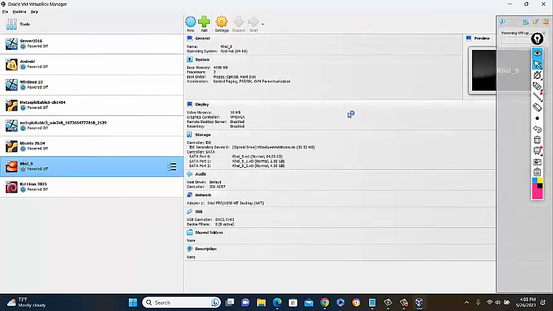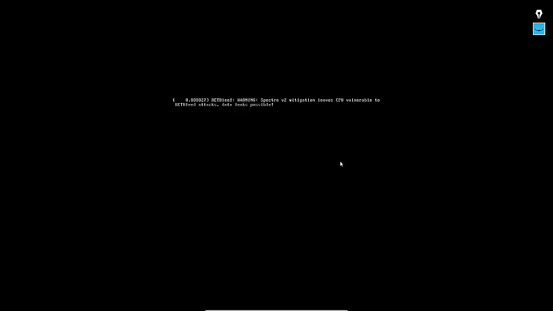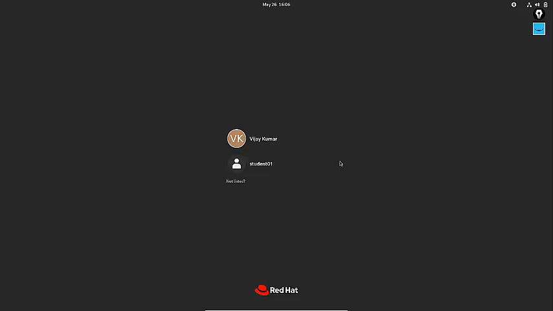Now in my Red Hat Linux system, there are 3 hard disks. One hard disk is 64 GB in size, another is 2 GB, another is 4 GB. The same way you can add multiple hard disks in Kali Linux. The same commands will be used to manage the partitions in a Red Hat based operating system or a Debian based operating system. There is no change in the commands when managing hard disks, partitions, or storage. So I am going to log in